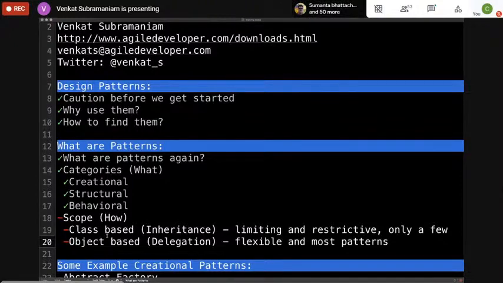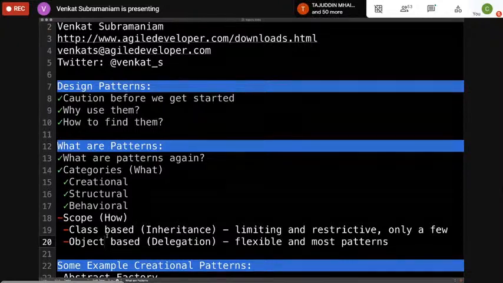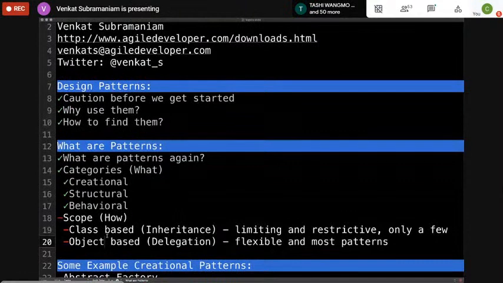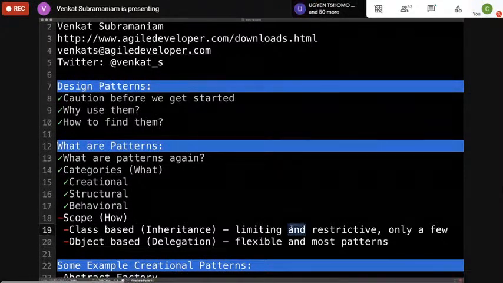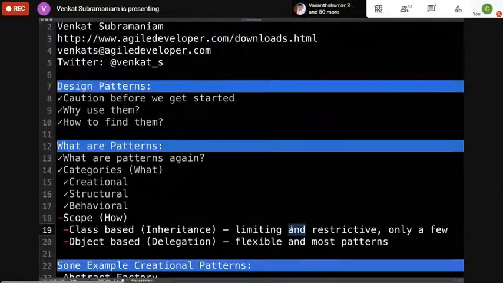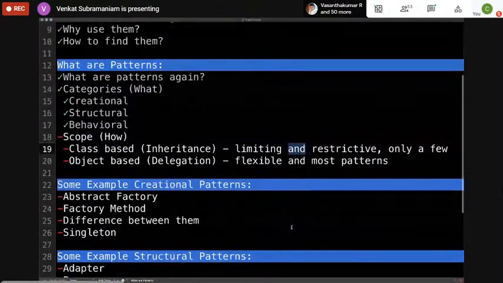Polymorphism is extremely important because that's what really makes the code truly extensible, combined with encapsulation. Inheritance is the weakest link of all of this. Inheritance is very limiting in a lot of languages, and that's why it's not that flexible, and not too many patterns use it, thankfully. Delegation is extremely powerful, and a lot of patterns end up actually using it.